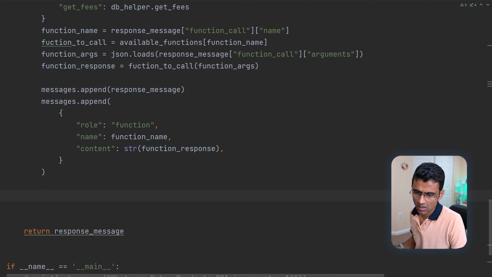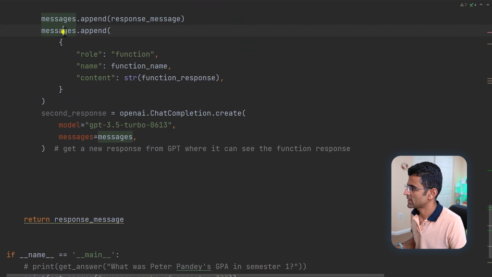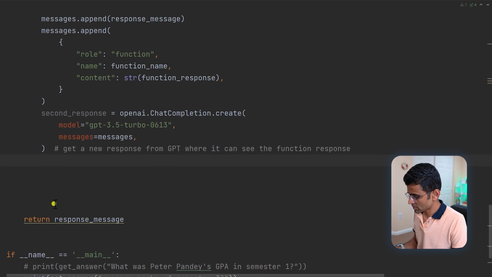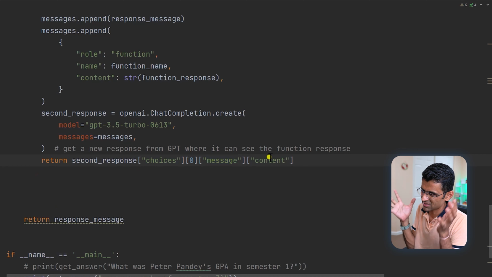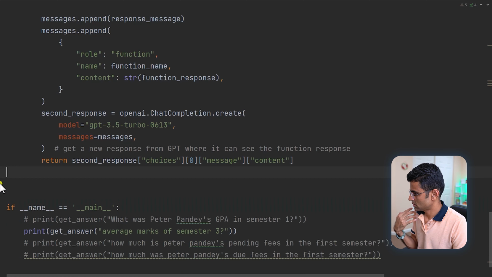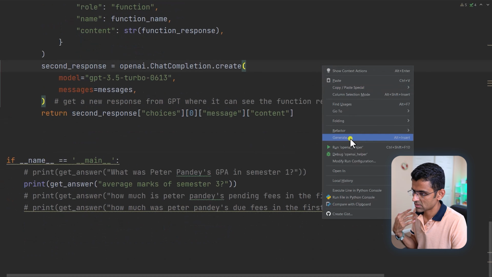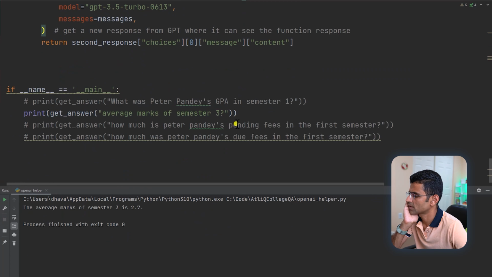Then you call OpenAI again with those messages as input. The response that you get will again be choices 0, message content. That's pretty much the standard path in that JSON response. So let's run this again: average marks of semester 3. See, the average marks of semester 3 is 2.7.